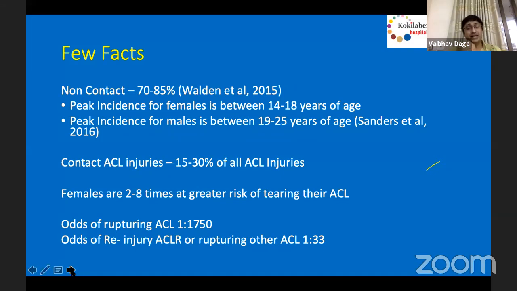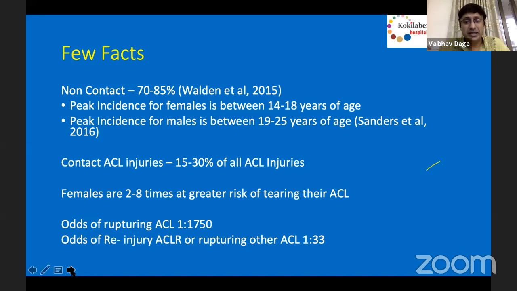Females are 2 to 8 times at a greater risk of tearing their ACLs. Now, why are the females at a greater risk of the injury? We will discuss that a little bit later. Odds of rupturing a normal ACL are 1 in 1,750. In 1,750 individuals, one ACL could be ruptured, but odds of re-injuring a reconstructed ACL